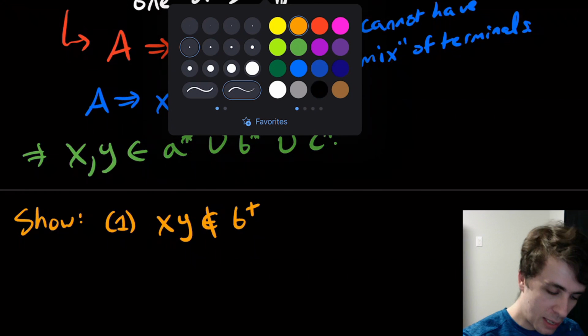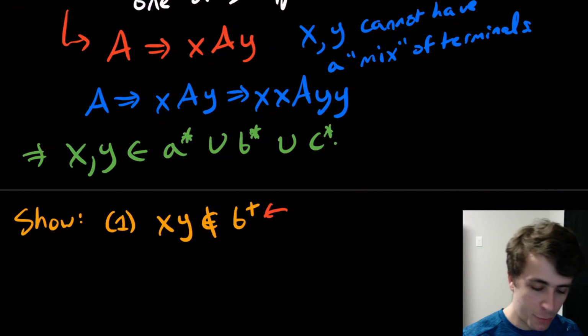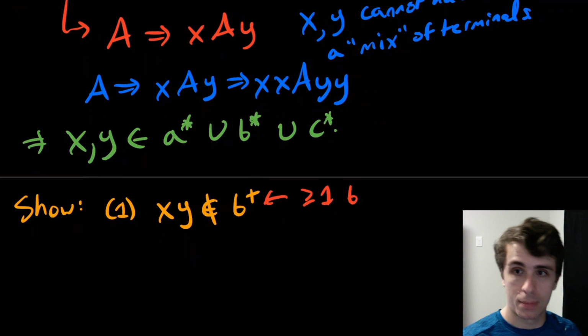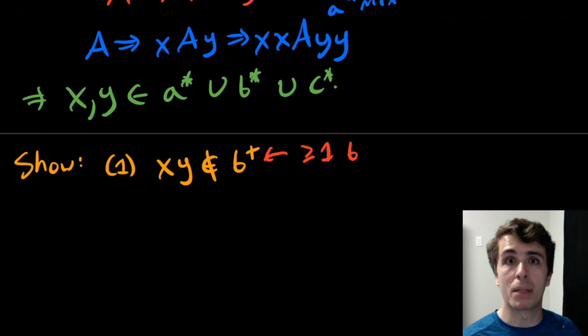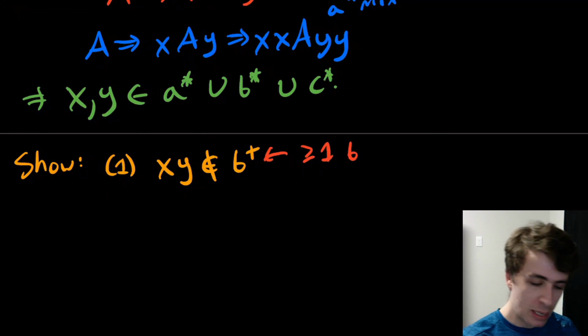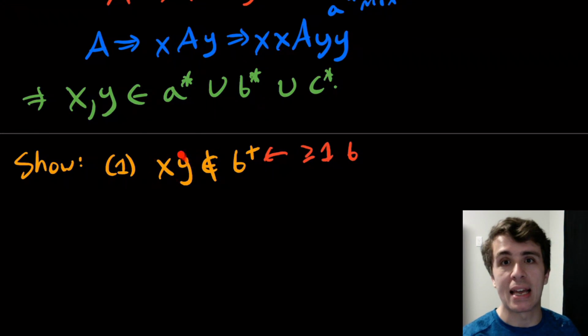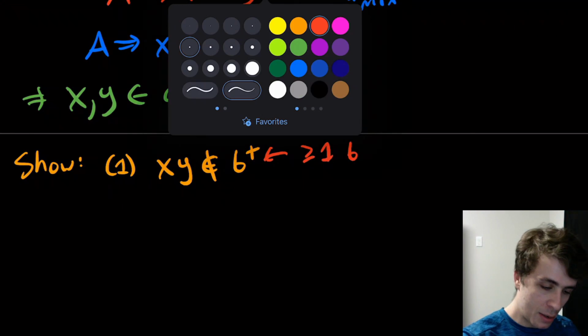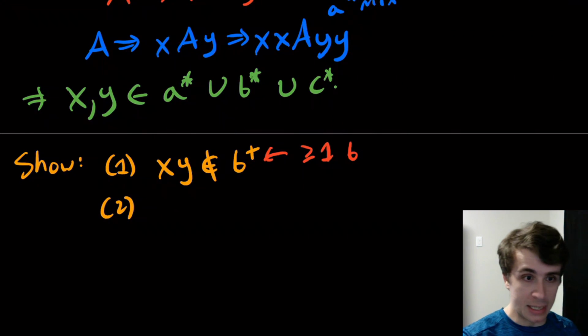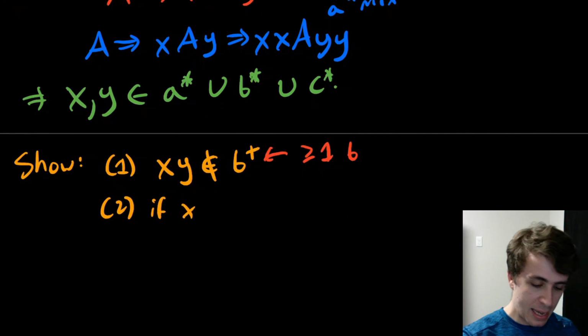Okay, so this notation, if you haven't seen it before, is at least one B. B star means 0 or more occurrences, B plus is 1 or more. So it's not the case that X and Y have only B's. They both can't contain B's simultaneously. Then the other thing we'll show is if X only has A's,